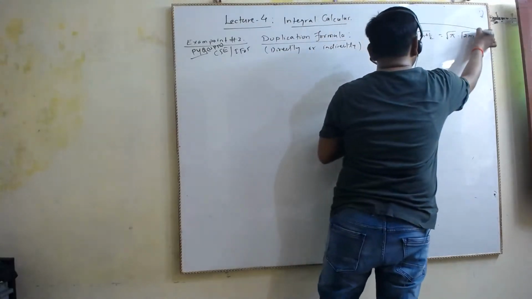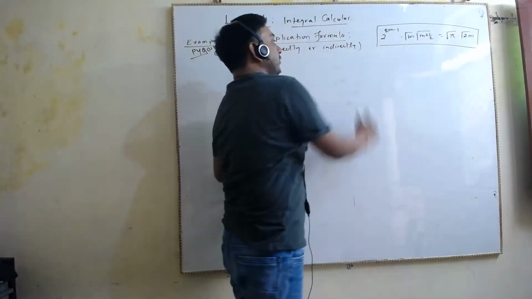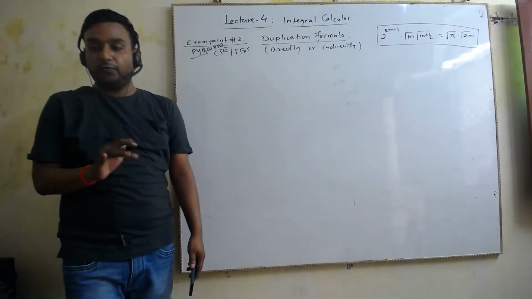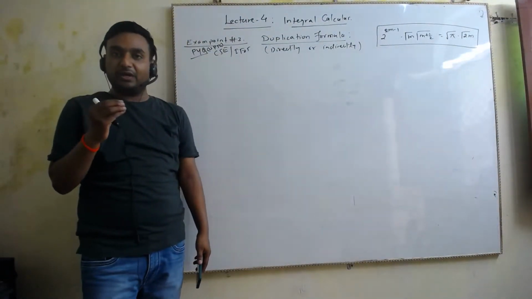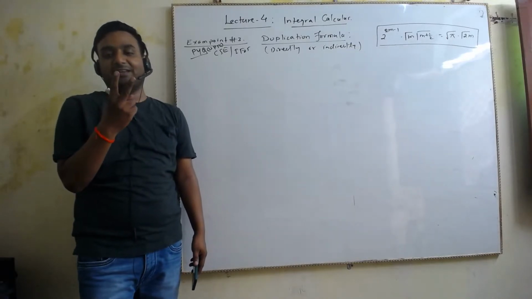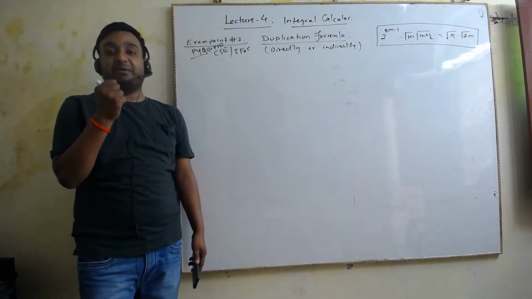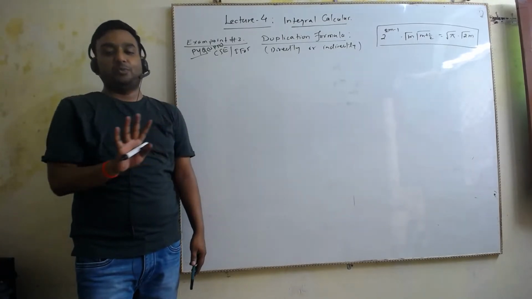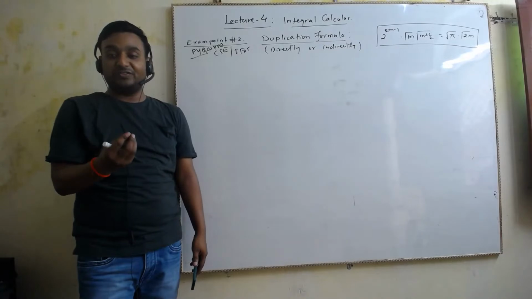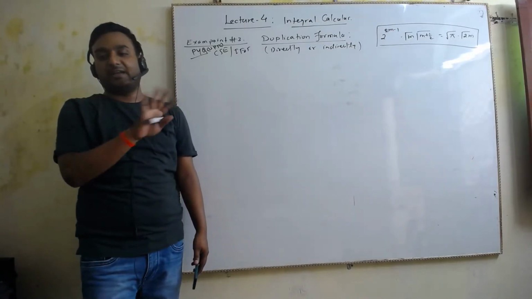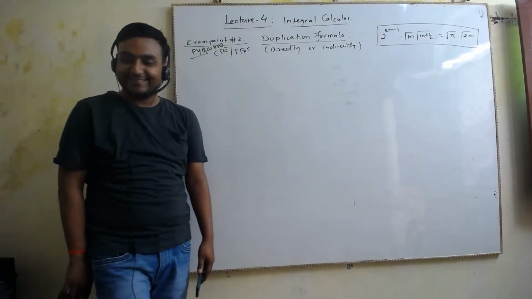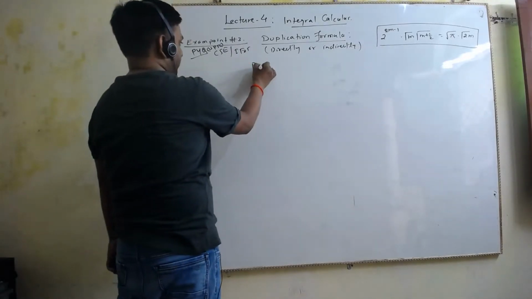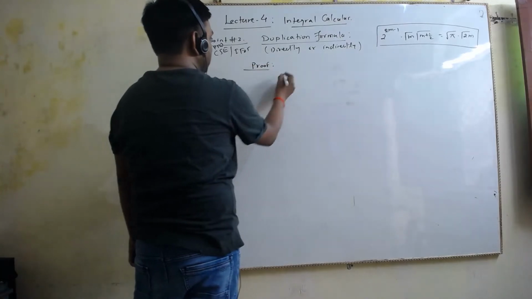ठीक है बच्चे, दिस इज कॉल्ड द डुप्लीकेशन फॉर्मूला, राइट? Although it is not tough to prove, only if you remember the steps. Two steps are there, okay? If you don't remember those two steps, it is next to impossible to prove it, okay? If you remember those steps, it is just a 1 minute game, not more than that, right? चले, so let's start from there. इसका proof start करते हैं, okay?